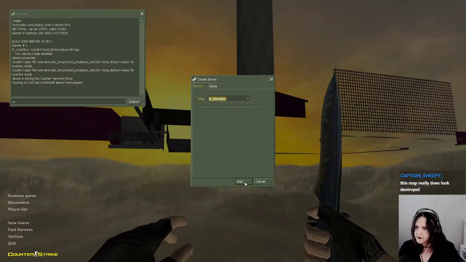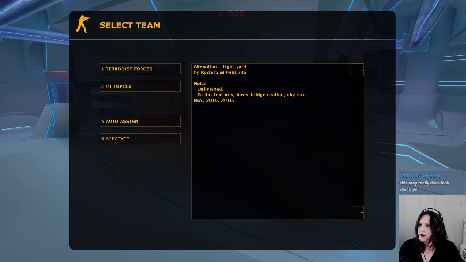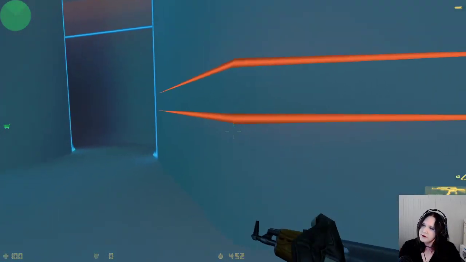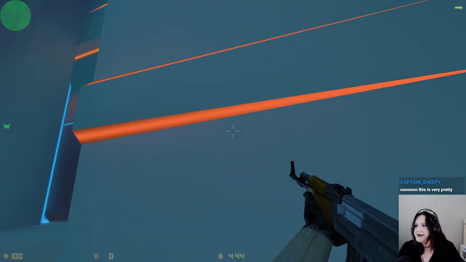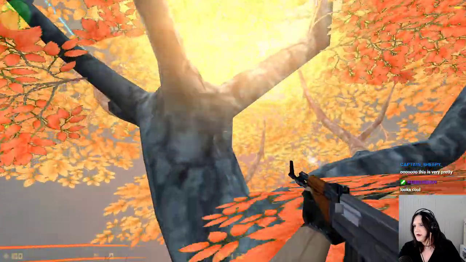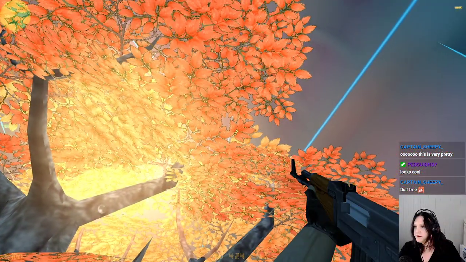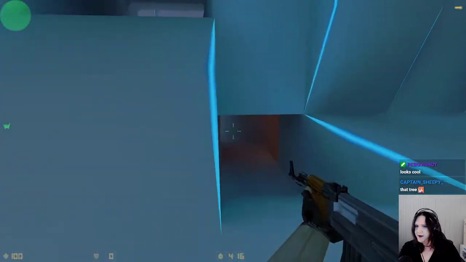Backyard Alienation, the real one this time. Notes, unfinished. To do: textures, lower bridge section, skybox. I like these little, like, slices of highlights. It's quite a nice effect at a distance. Are there tiny birds around this tree? What are those things circling? Can't tell what that's supposed to be, but